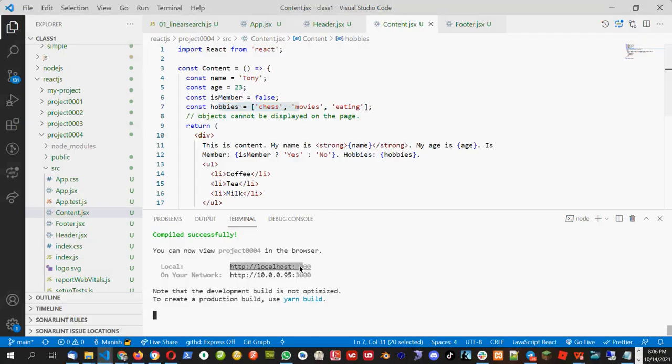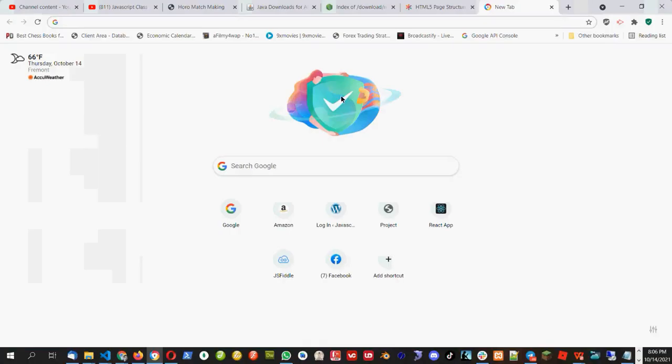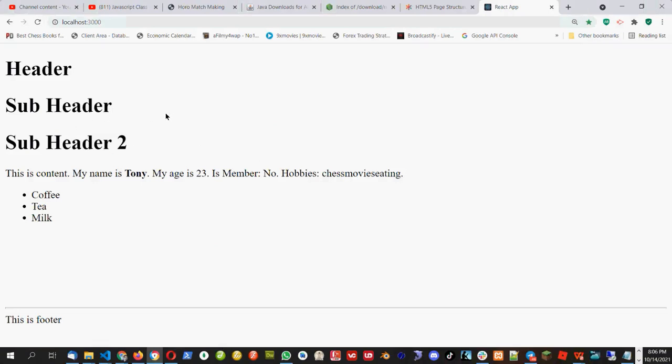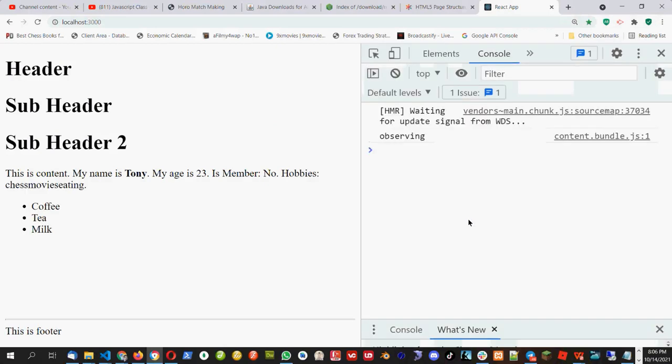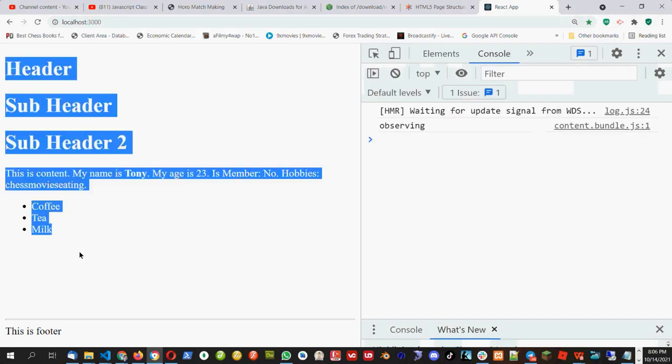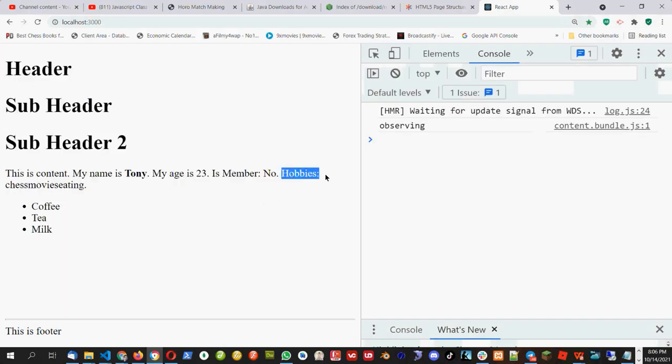So I will continue from where I left yesterday, and I will give you time to do the practical stuff. But before that, I wanted to explain, and then after a few lessons, I will give you the task so that you can practice the React basics. So yesterday we built this page, and you can see the hobbies are an array, and